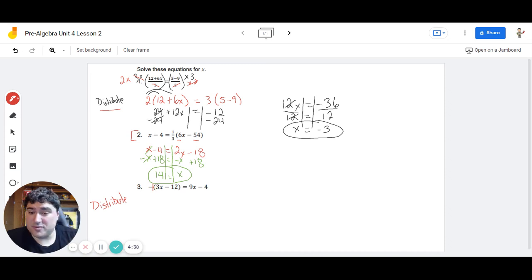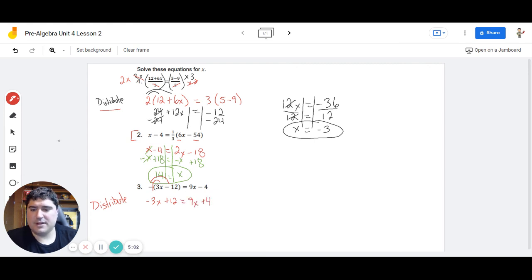And that invisible number is 1. So we're going to distribute not 1, but negative 1 to each of the parts of that quantity. So negative 1 times 3x, that's negative 3x. And negative 1 times negative 12 is positive 12, equals 9x